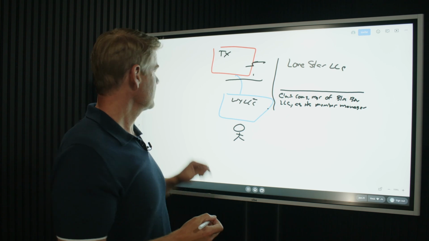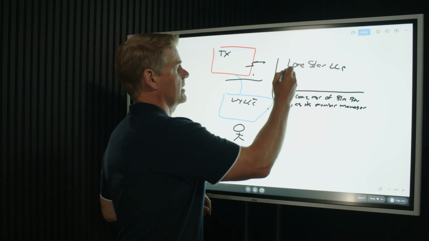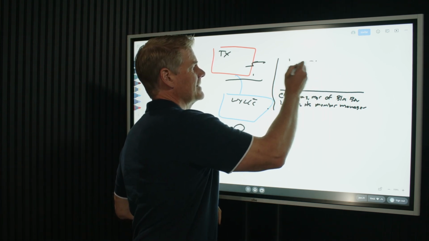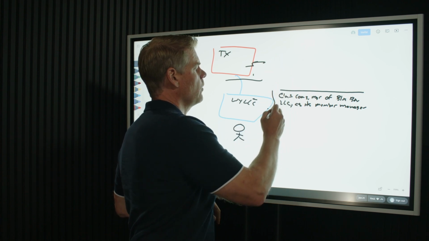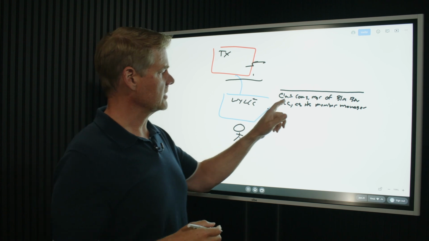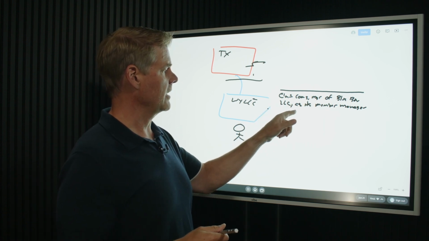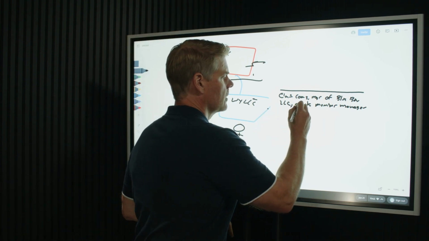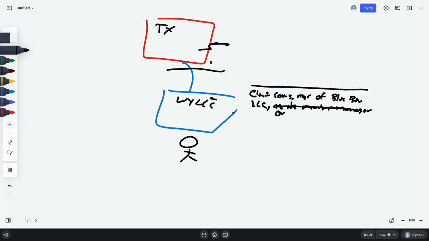But let's say, for instance, you didn't have that signature block set up that way. So this does not exist. So then what do you need to do if that's not there? Well, what you're going to do now is you're going to say Clint Coons, manager of Blue Box LLC, on behalf of Lone Star